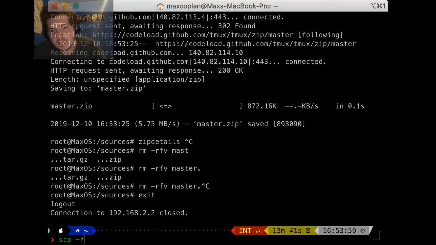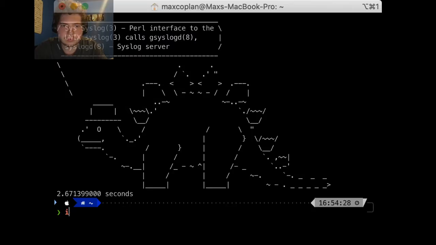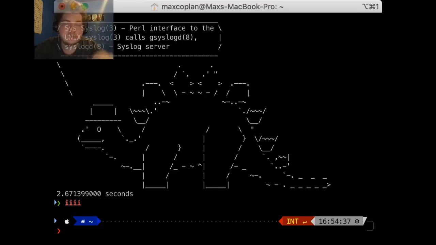This is a plot twist I did not expect. What? I mean, it's alright. Super plot twist. It's not the SSH connection that was slow, it's my terminal.